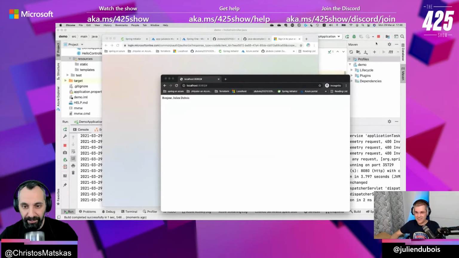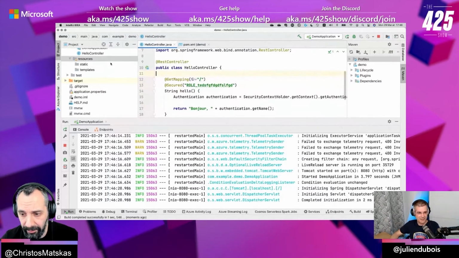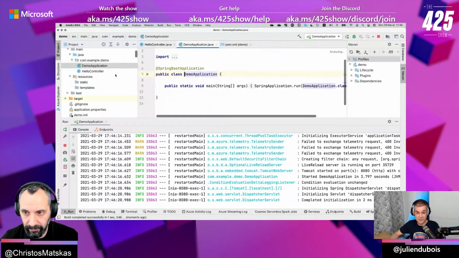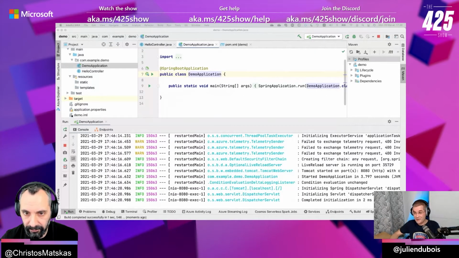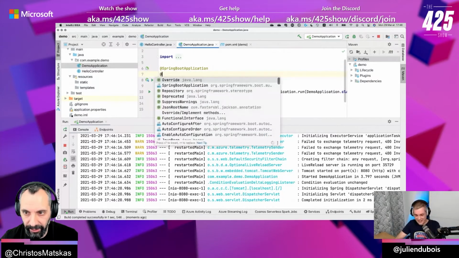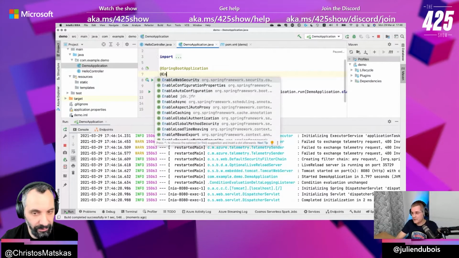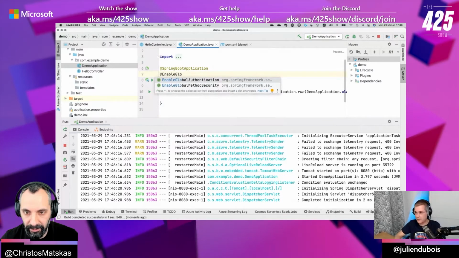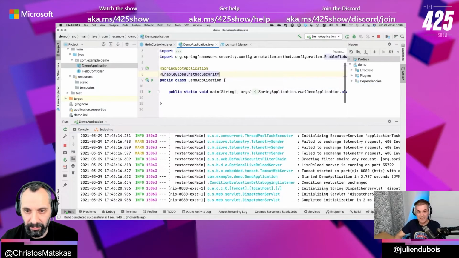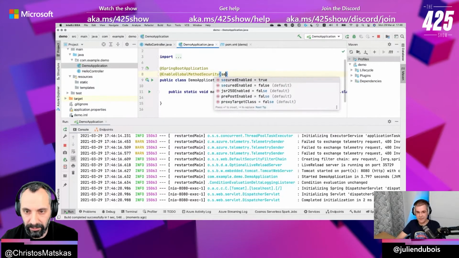And that's because there's another option to add. And I just wanted to tell this one because this one is really bad. I mean, basically you need to know it. And if you don't know it, well, good luck. Okay. There's a configuration class called EnableGlobalMethodSecurity. And by default, the secured enabled setting is false. So by default, it doesn't secure your method, and you need to tell it to secure your method.